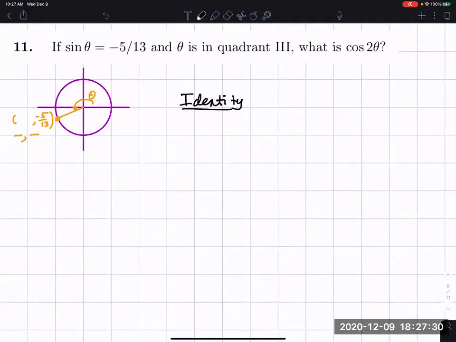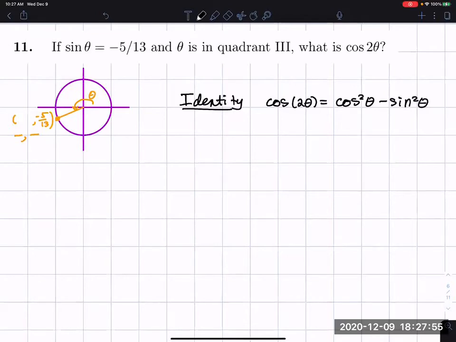The question is, what is cosine 2 theta? There is an identity which is cosine 2 theta is equal to cosine squared theta minus sine squared theta. Actually, I was thinking we had to find cosine theta, which would work here, but instead I can do it a little bit indirectly here,